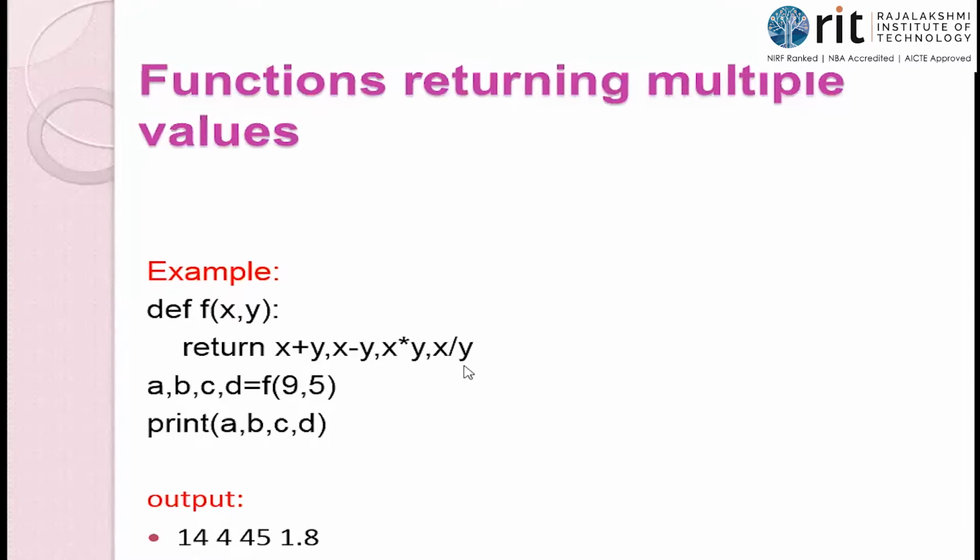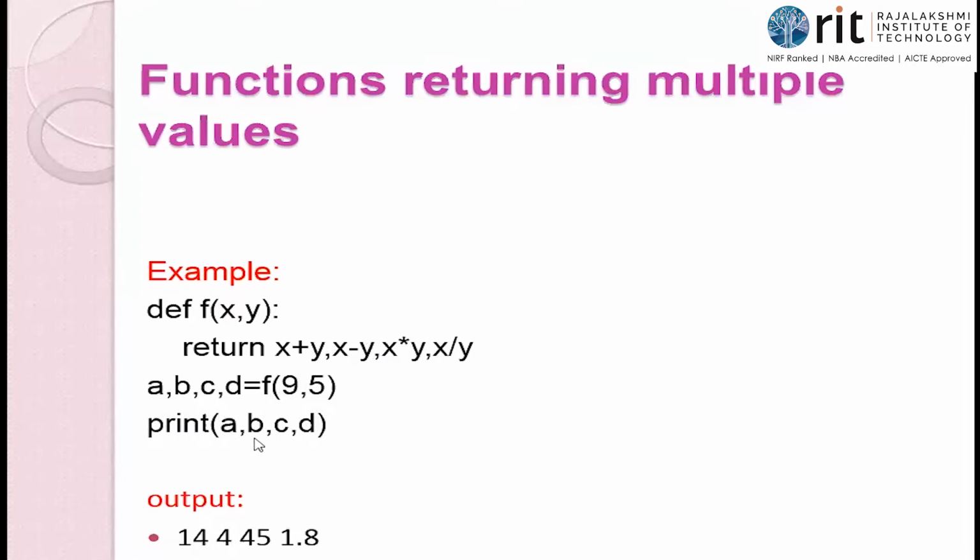நம்ம எப்பவுமே சொல்லிருக்கேன் return statement வந்து ஒரு value return ஆனா that will be taken to the place where the call is made. Isn't it? So I'm returning 4 values here. Those 4 values will be taken to the function call place. Where is the function call place? The third line right hand side. So here I'm going to place all those 4 values in the same order. 14, 4, 45, 1.8. So 14 will be assigned to a, 4 will be assigned to b, 45 to c, 1.8 to d. 4 values.